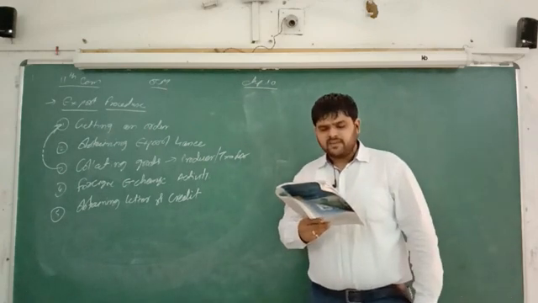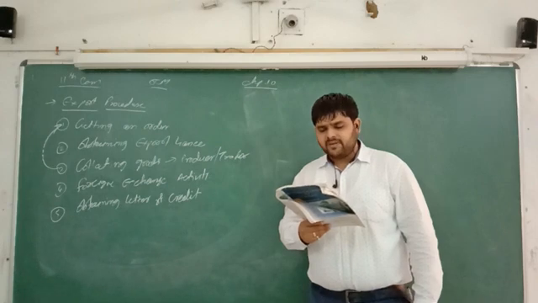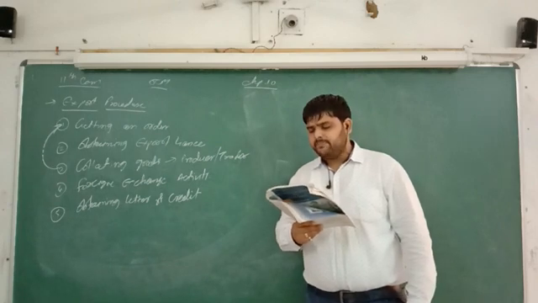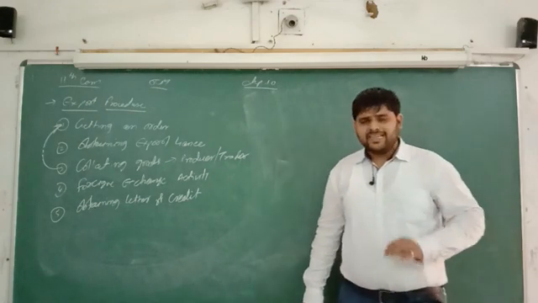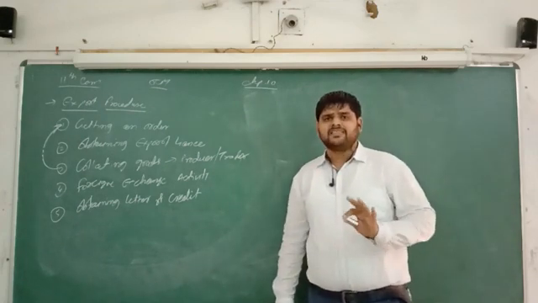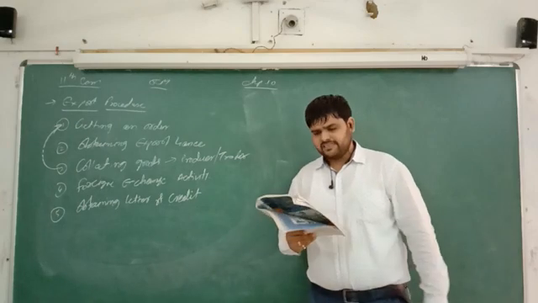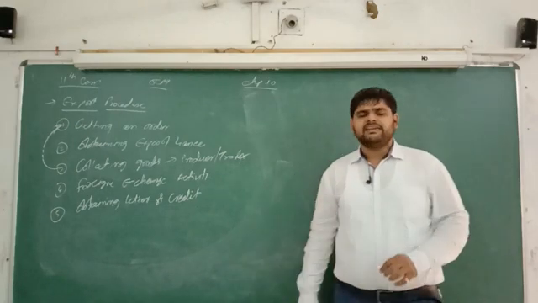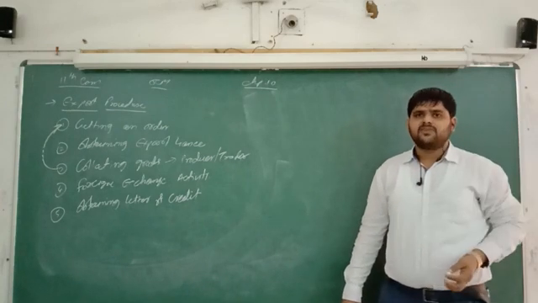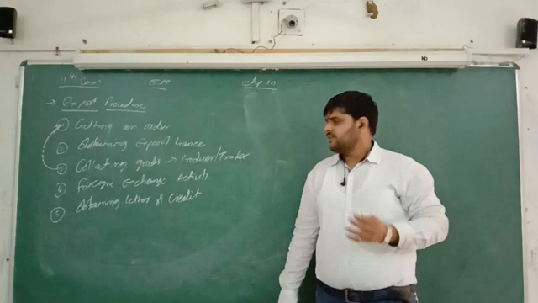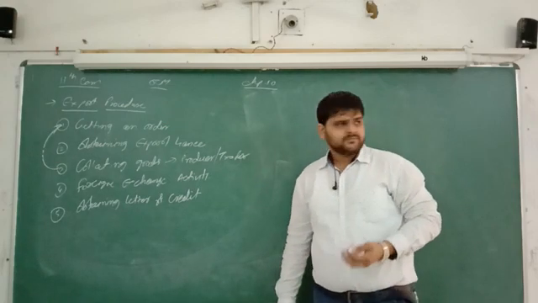The exporter gets the certificate of the credit of the importer, confirming that the creditworthiness of the importer is reliable. So with the help of a letter of credit, we can say that those purchasing the goods are a genuine party. It is known as a letter of credit. So this is number 5.